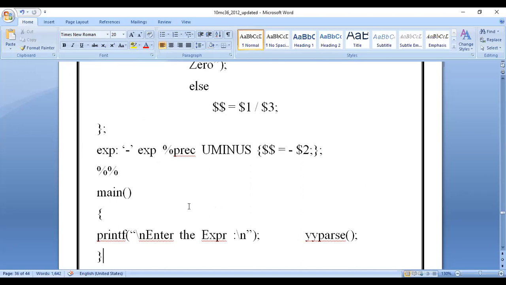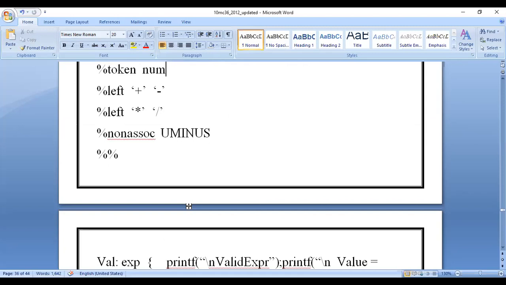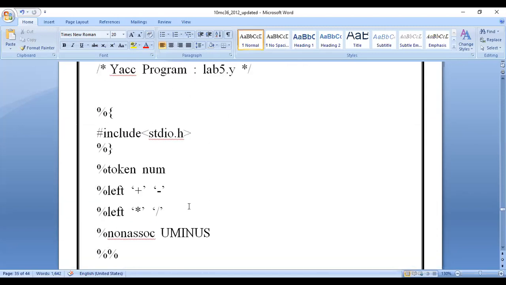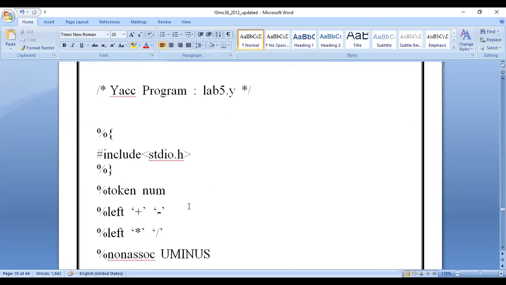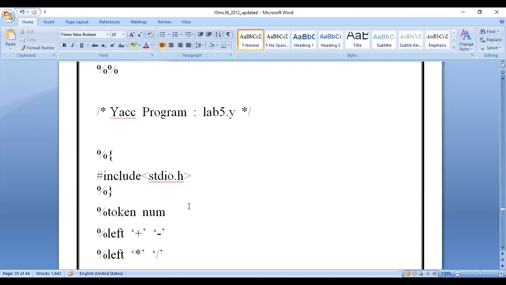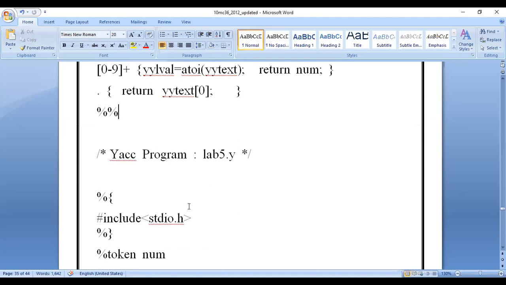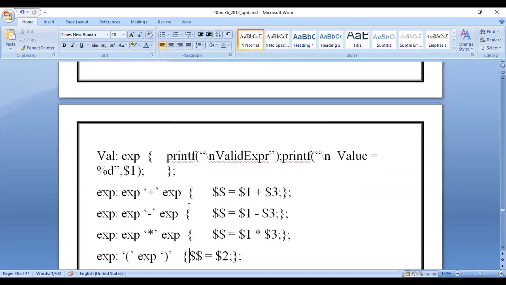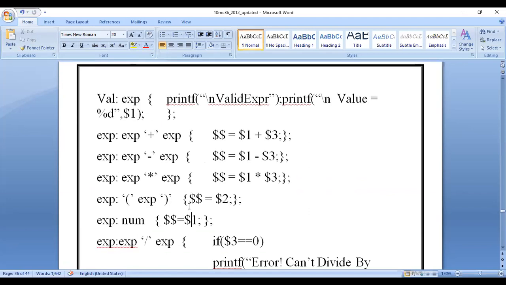Whatever message you want to communicate to the user, you can keep before yyparse. After yyparse, whatever result comes will be displayed. yyparse in turn calls the yylex function, which accepts the number, converts the character into integer form, and the token is returned. That token we receive from the grammar,